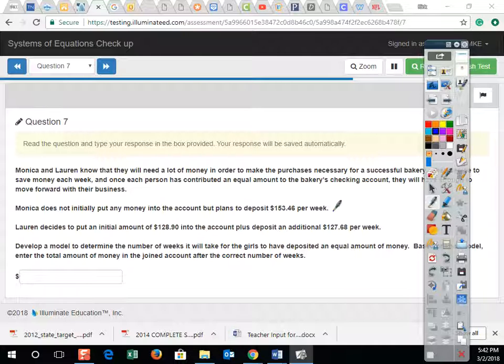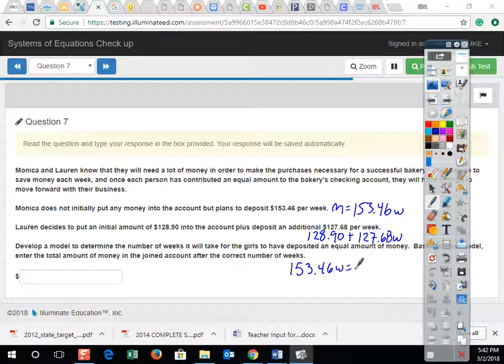So we have money is equal to $153.46 per week, whereas Lauren is going to have $128.90 plus her savings per week. And we want to find out when these two things are equal. So we end up with